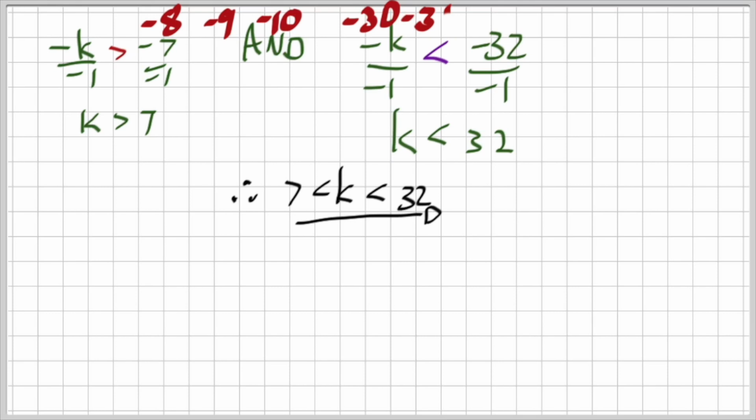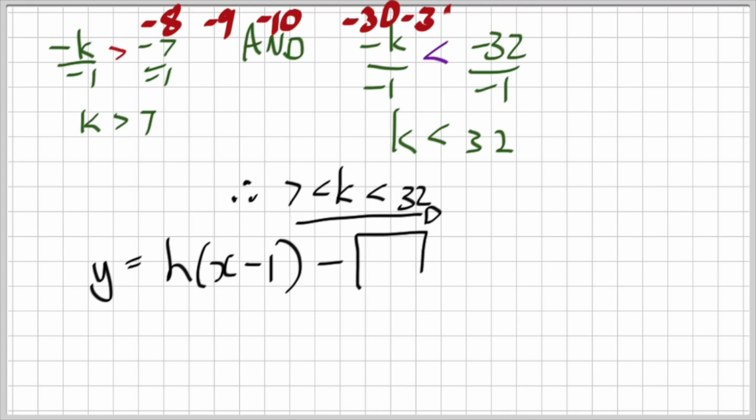I just love, ladies and gentlemen, to write this down as being a final single equation if it is possible. Because now it says k must be greater than 7 but less than 32. Remember what this means, and I just want to write this in for you. I have now h of x minus 1 minus some kind of value. And what we are saying is that that value must be, for instance, 8